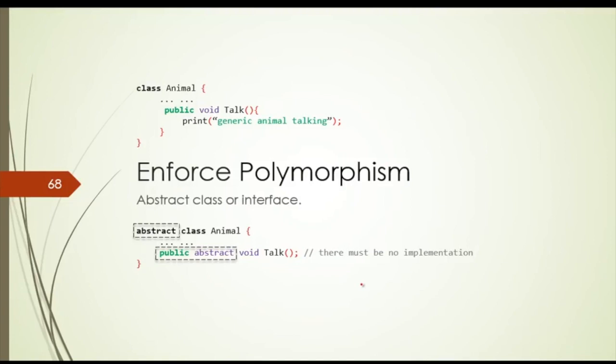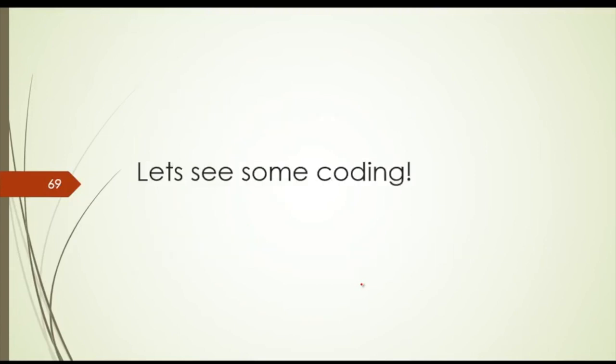And good thing about abstract class is it could have definitions and interface couldn't have, and we're going to see some real-world examples how you could use interface and abstract class in the strategy pattern. But for that time being, just keep it simple. Let's see some coding.